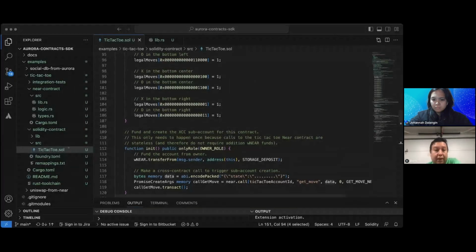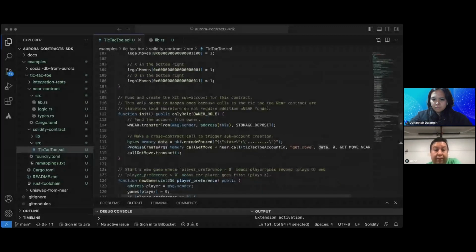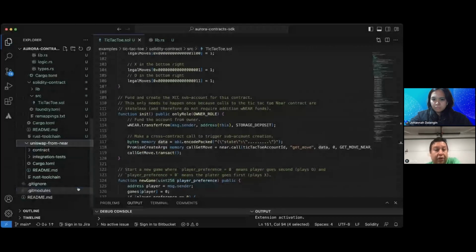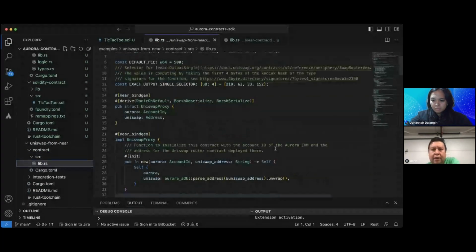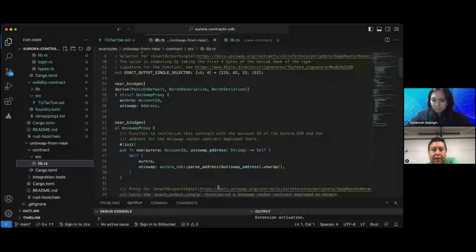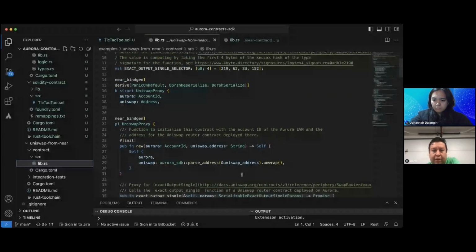Okay, so that is the general idea. There you will also find the Uniswap from Near example. This is an example that lets you call a contract in Solidity from Near. This is the one we saw in the slides, and it's the same as we described.